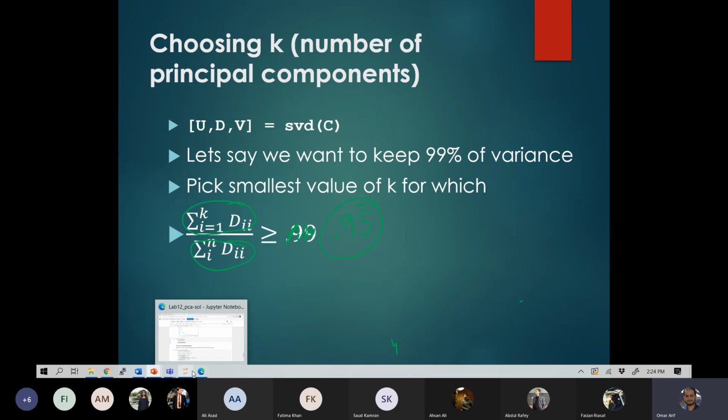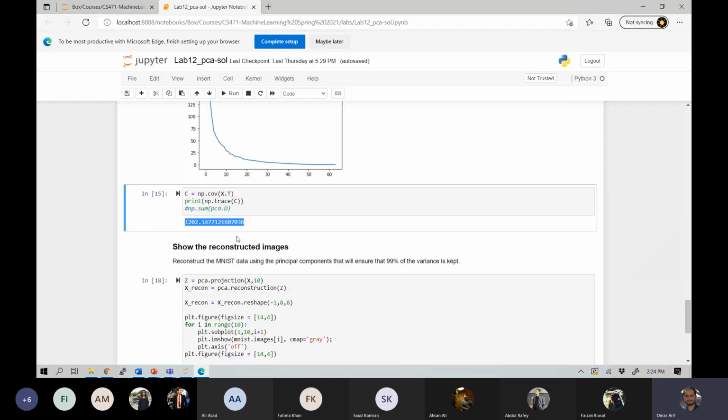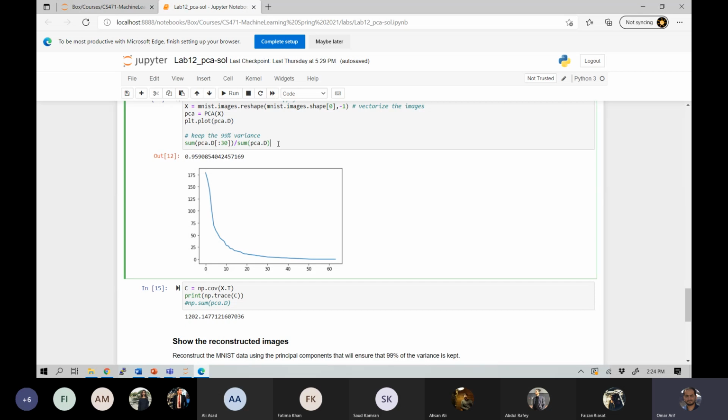And in the lab, if you do something like this, this part here, top 30 divided by total. You have 64 dimensions, and you write the variance of the top 30 in the numerator and the total in the denominator. This is the ratio that you get, 0.95, which basically means that you are getting 95% of variance. And maybe if I do it to 35, you get 97% of variance. If I change it to 20, then you're getting almost 90% of the variance.